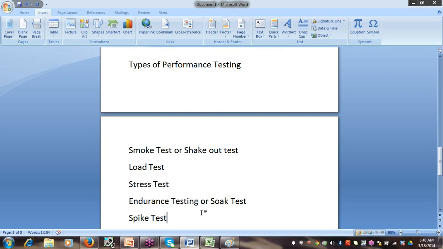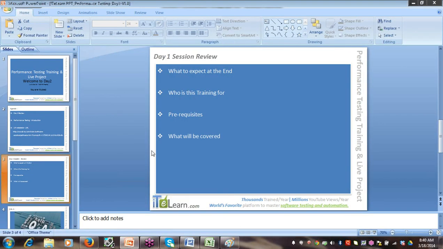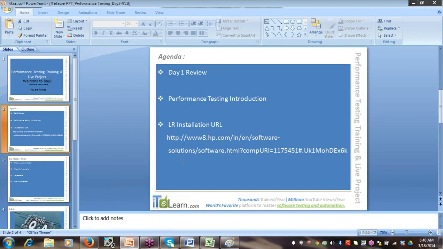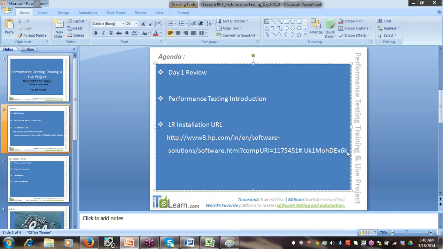So team, we have seen the performance testing concept introduction. Now I will let you know the steps for installation of LoadRunner.